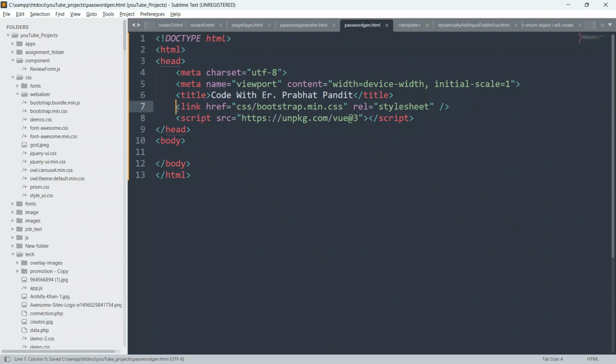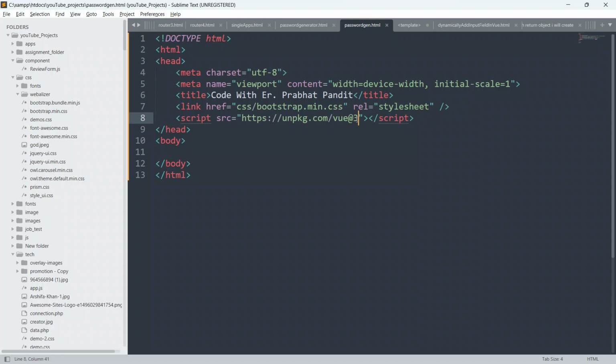So guys, this is the CSS file for Bootstrap. As you can see here, I have got a folder called CSS, and in that folder I have got the file bootstrap.min.css. Okay, and guys, this is the CDN link for Vue.js 3. As you can see here, Vue@3. So now we are done with the links.